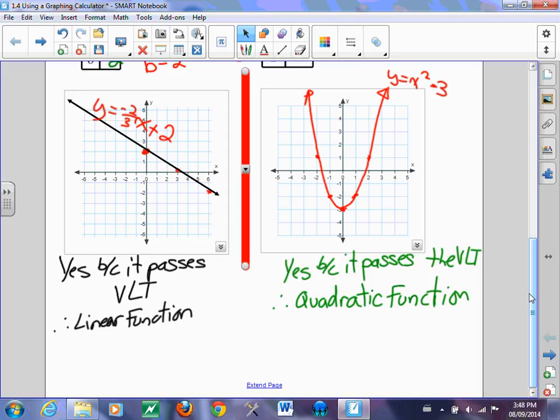Okay, a couple quick things about your quadratic, folks, is you notice there's this turning point right here. This turning point is